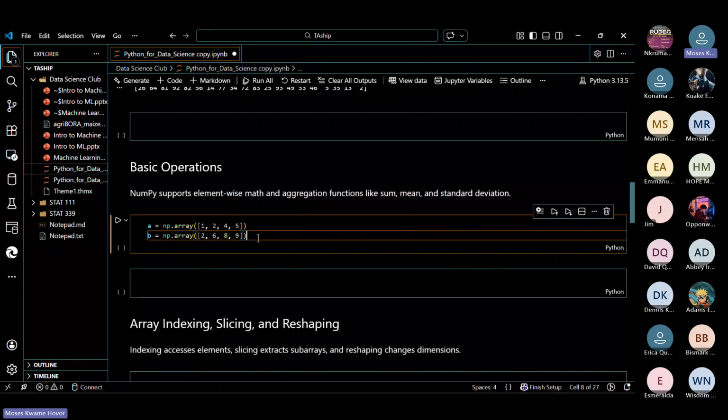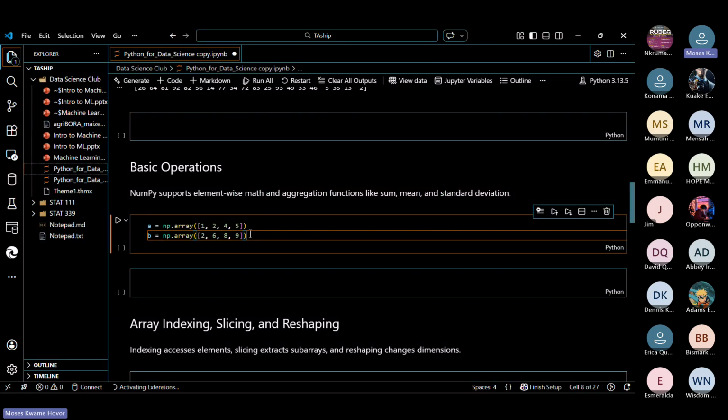What if you want to do addition of vectors or matrices? You know the dimensions have to be the same. So if I have A being a 1 by 4 vector, my B must also be of the same shape.